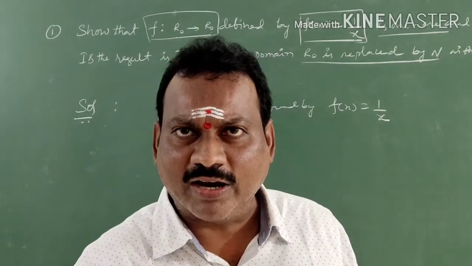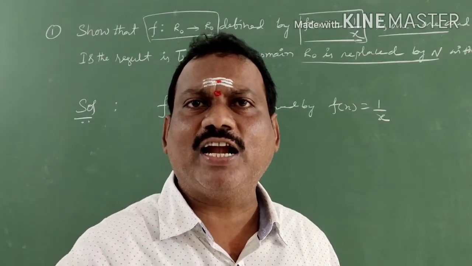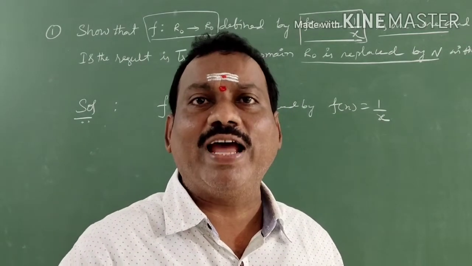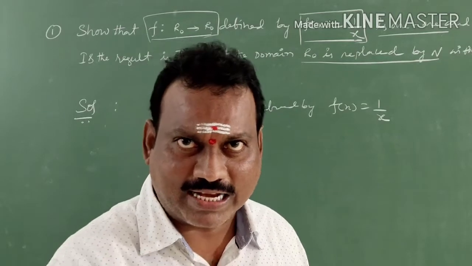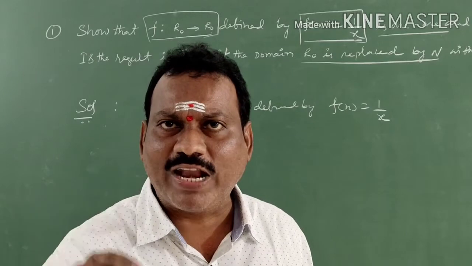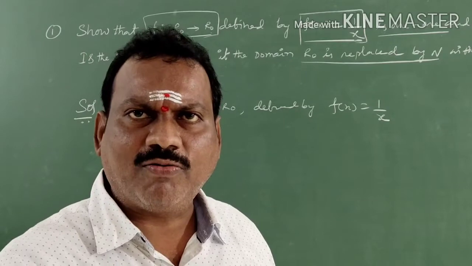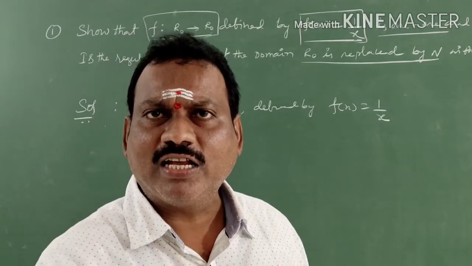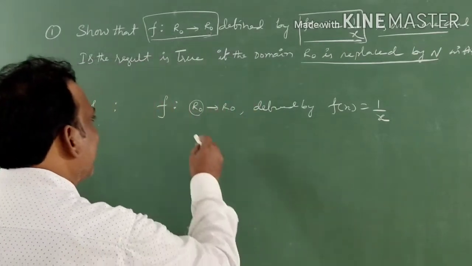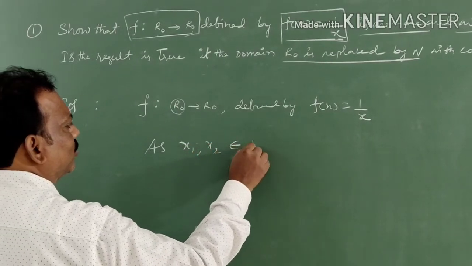If it is not one-one, you have to give an example, like with relations. If it is not a particular relation, like reflexive, symmetric, transitive, if it is not reflexive, why is it not reflexive? You have to give an example. Like if you have to say it is not one-one, why it is not one-one? You have to give an example. If it is one-one, you need not give an example. You have to go through the definition. What is the mathematical definition of a one-one function? Just now I told, we are picking two different elements from the domain. What is the domain here? R0. That's why I am writing x1, x2 belong to R0.